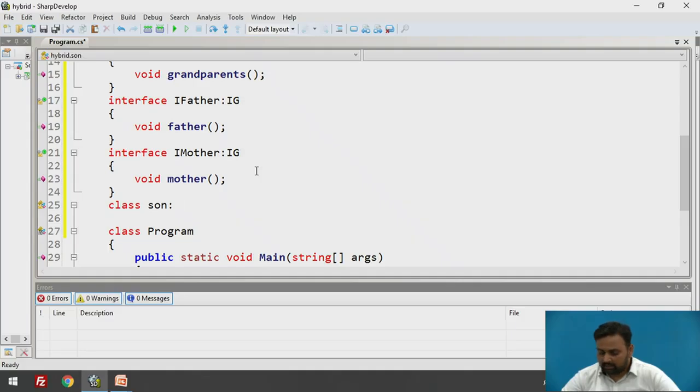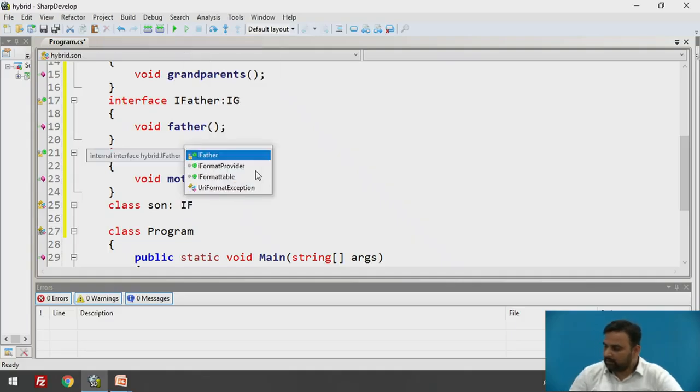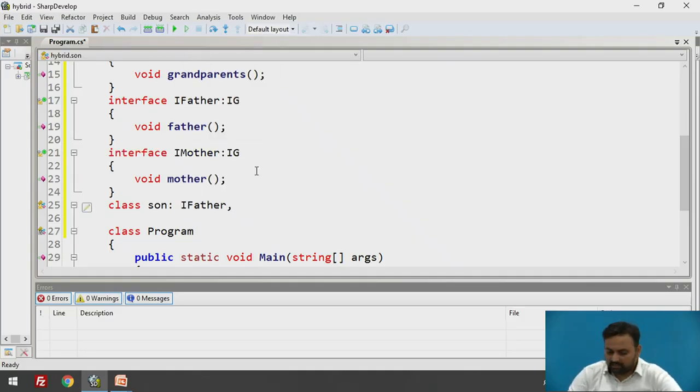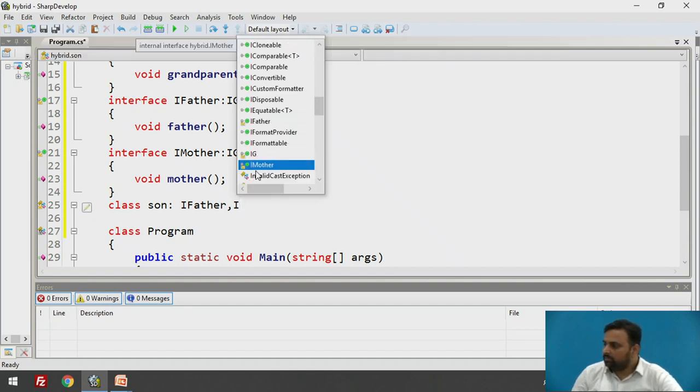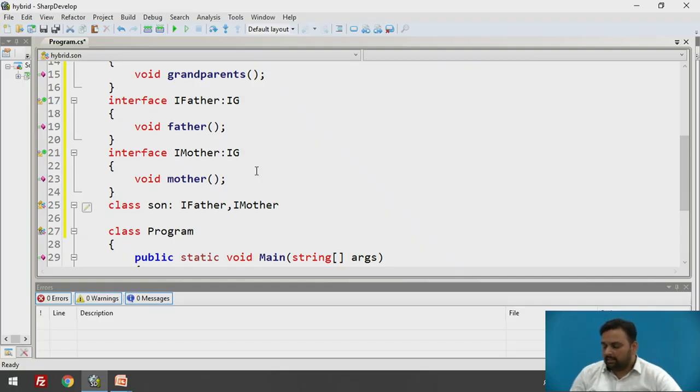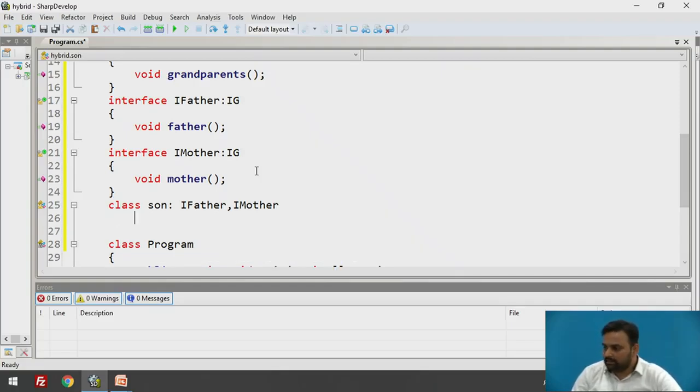So let's say IFather, obviously, and one more, that is IMother. So it is implementing both the interfaces. Now it will contain all the methods.